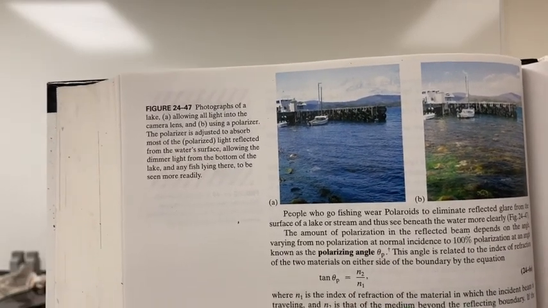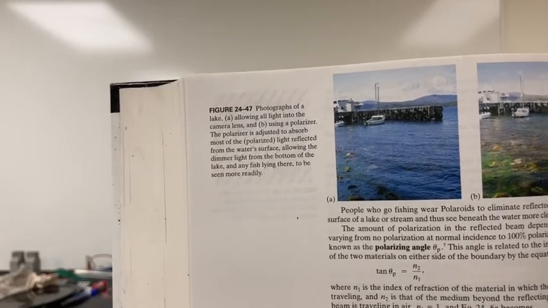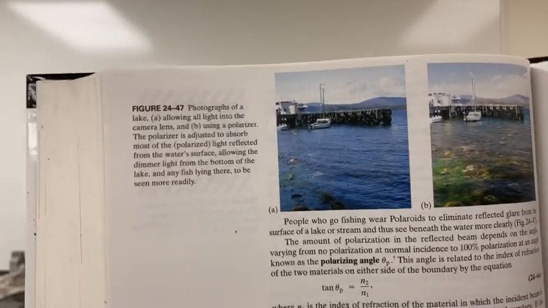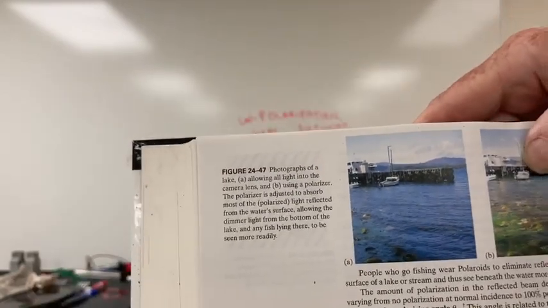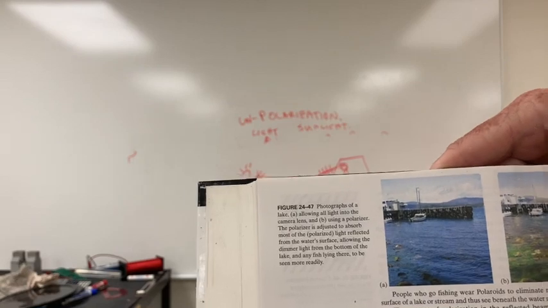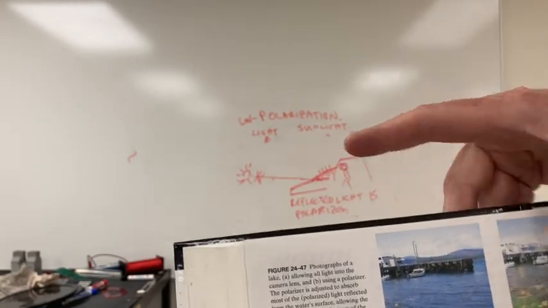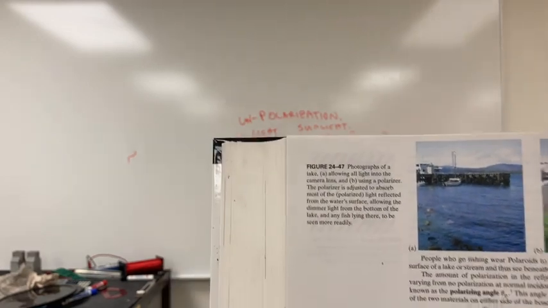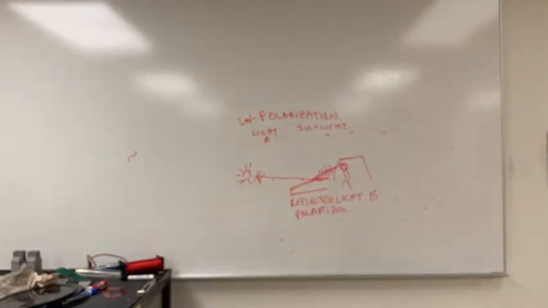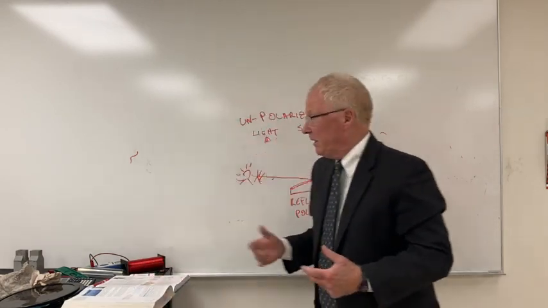If you put on Polaroid sunglasses, you reduce the glare, and you can actually see what's in the lake. On the right, the person has Polaroid sunglasses or Polaroid glass blocking the reflected light. Notice how it has almost no effect on the surrounding part, just on the reflected light, and you can actually see what's in the lake. So that's the principle of polarization, and that's chapter